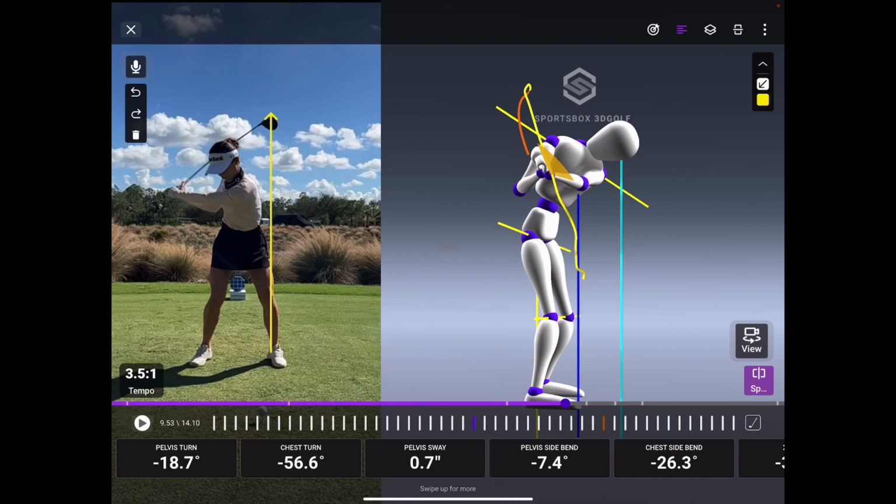So anyways, I know it's a broad overview, but I thought it was very interesting for me, so hopefully it's interesting for you guys. I think this is pretty much a testament to the level of golfer that she is, and her ability and belief in herself to make changes is massive. It's definitely a big credit to her and her team and teams that she's worked with, because it's no small feat to do